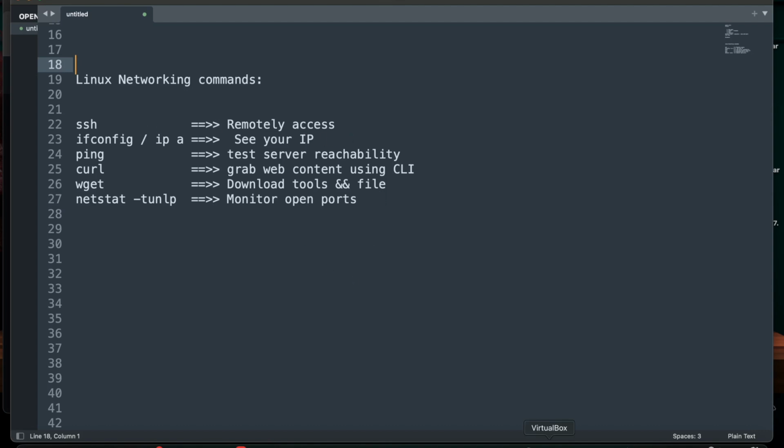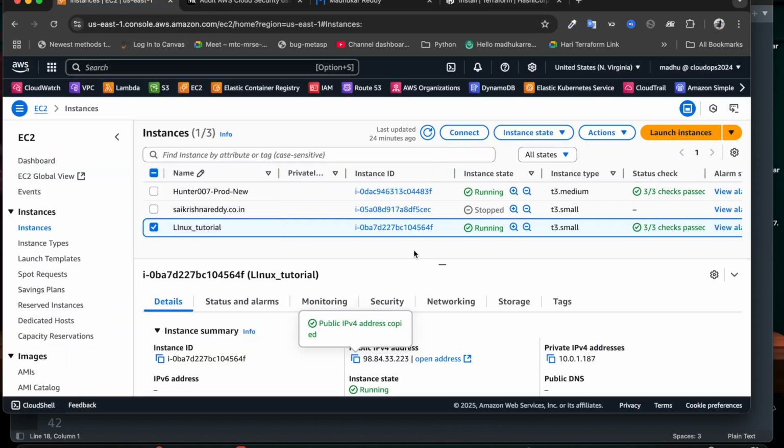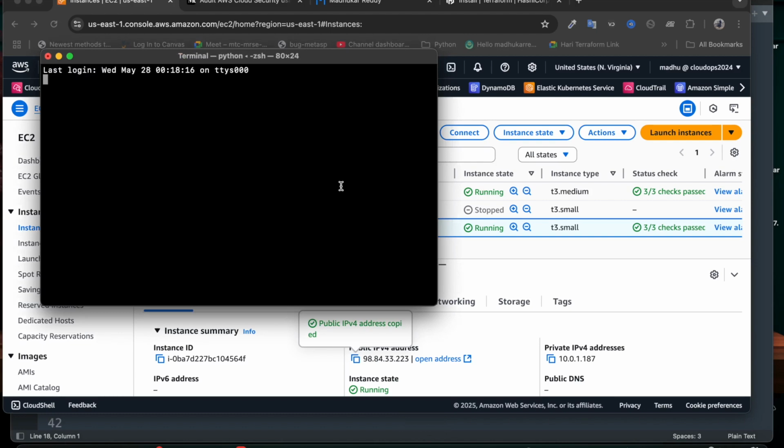So we have just launched our EC2 machine over here. We have been doing this for the last 4 videos. Once it is up and running, copy the public IP, come back to your terminal, and locate where you have that PEM file. I have that file in downloads. Then run the command